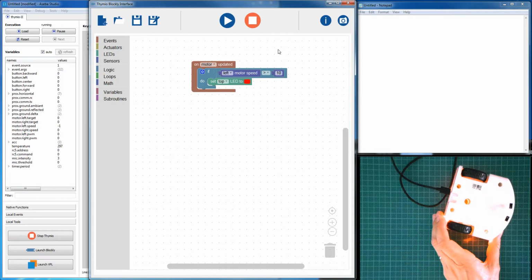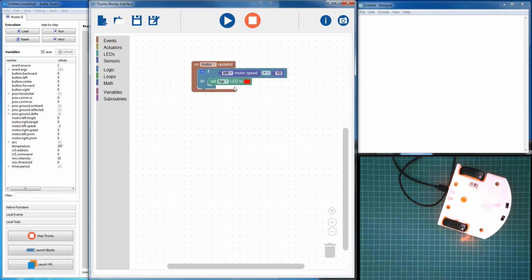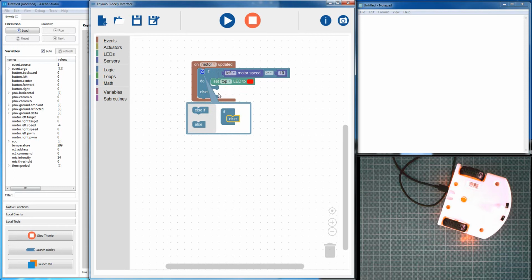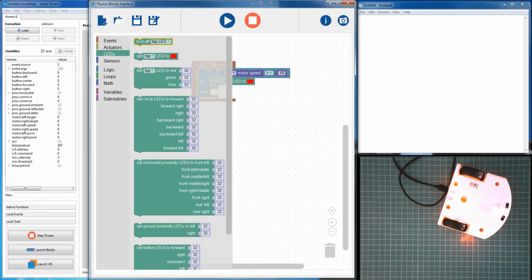Okay, let's just stop that, and let's see what we want to do now. I'm going to make it so that if we don't activate the wheel, the LED turns off, and make sure that's working. So, how am I going to do this? I need to add to my conditional statement: if none of these events happen, then I'm going to turn the light off. So let's do that. LEDs, turn off,